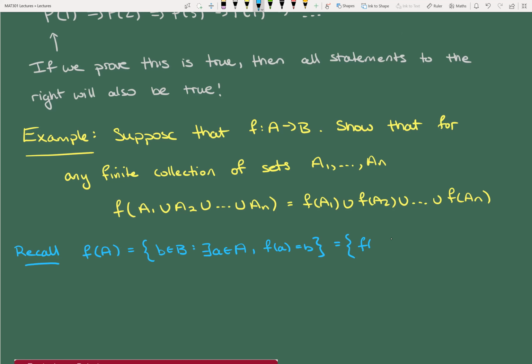All right. Or maybe this is a nicer way of writing it. One way you can think about this is it's the range of the function if its domain were just the set A, right? That's how you can think about the image. Or alternatively, it's the collection of all things that f sends A to, right? So let's see if we can prove that.